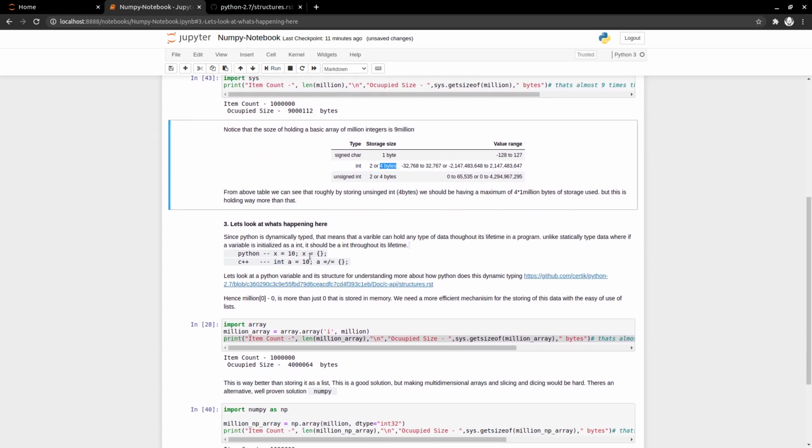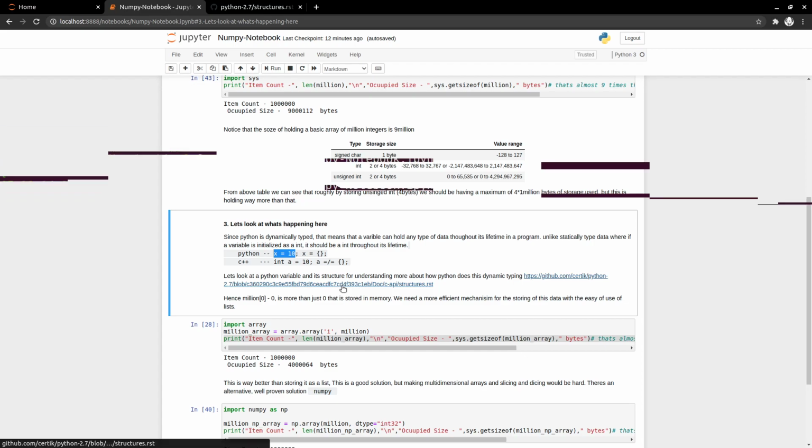Let's see what's actually happening inside. Python is dynamically typed. That means a variable can hold data of one specific type at one point in its execution, and later, somewhere else in the program, it can hold another type of data. It's not fixed at the beginning of the program. We do not say that this variable should be of this type for the entire program. That's not the case here. You can give x equal to 10 in the first line, and 2 lines down, you can even give x equal to a dictionary also.